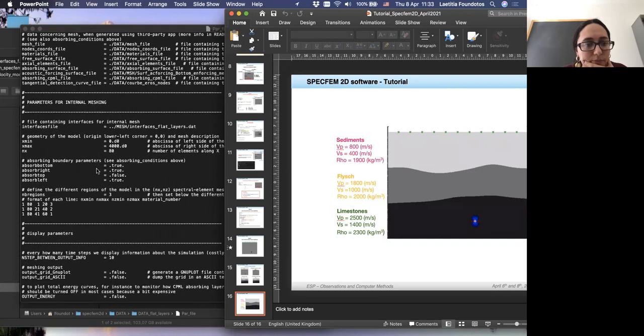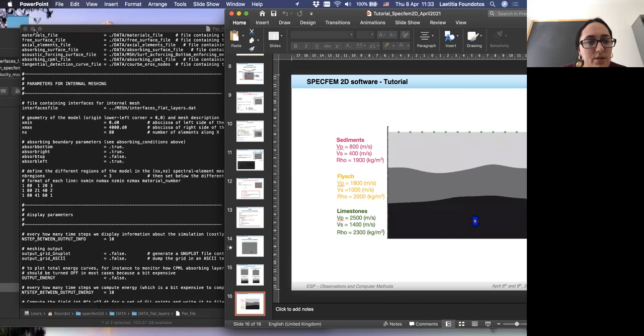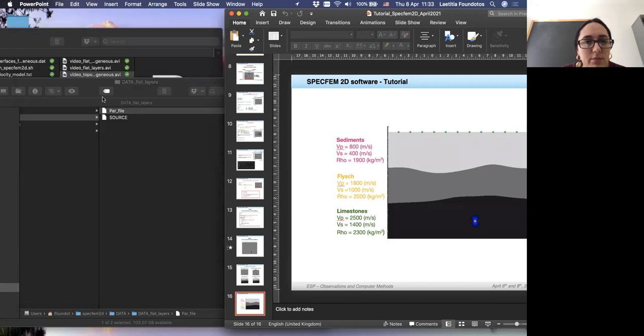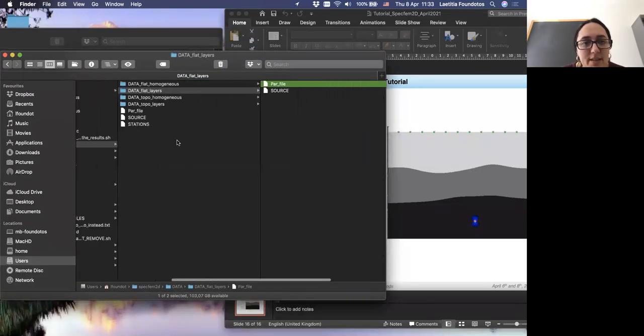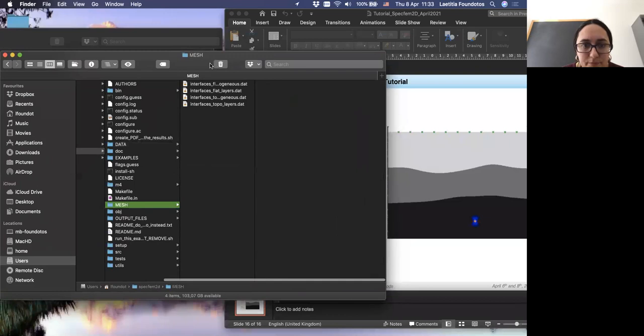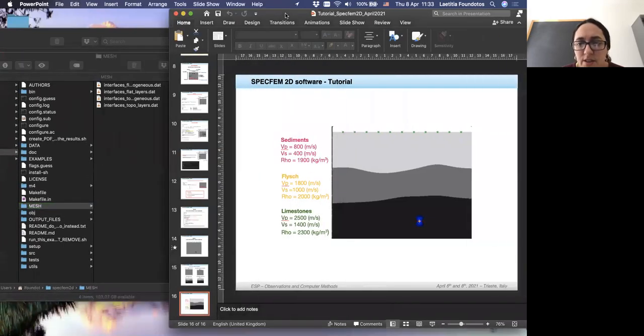Also, another thing which is modified is the mesh. Because as you can see, we have introduced another interface. Before, in the homogeneous case, we had only bottom and surface.